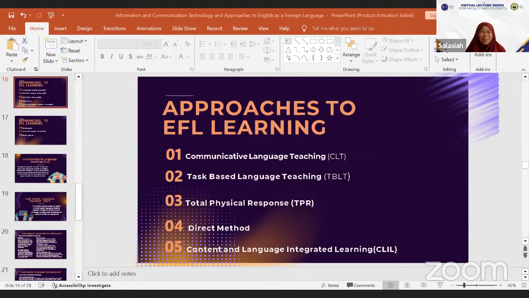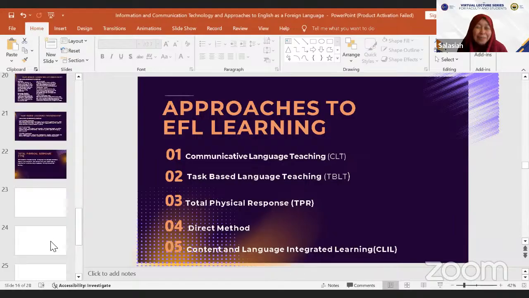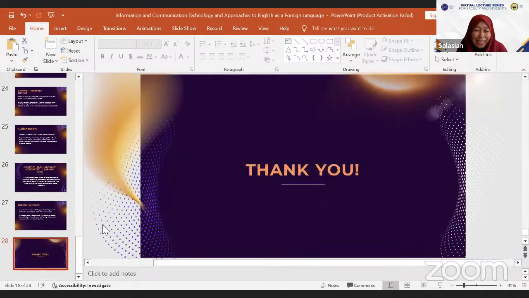Thank you, Ibu Syakira, for sharing very valuable insight on ICT and approaches to EFL learning. I learned much from it, including the eclectic approach. It's new for me, but some of us have already implemented it. We tried to use not just a few approaches. We blend them and then we implement them in our class, but we didn't know the term yet. So thank you for introducing us to the term. And also, really interesting ICT tools that you shared with us.